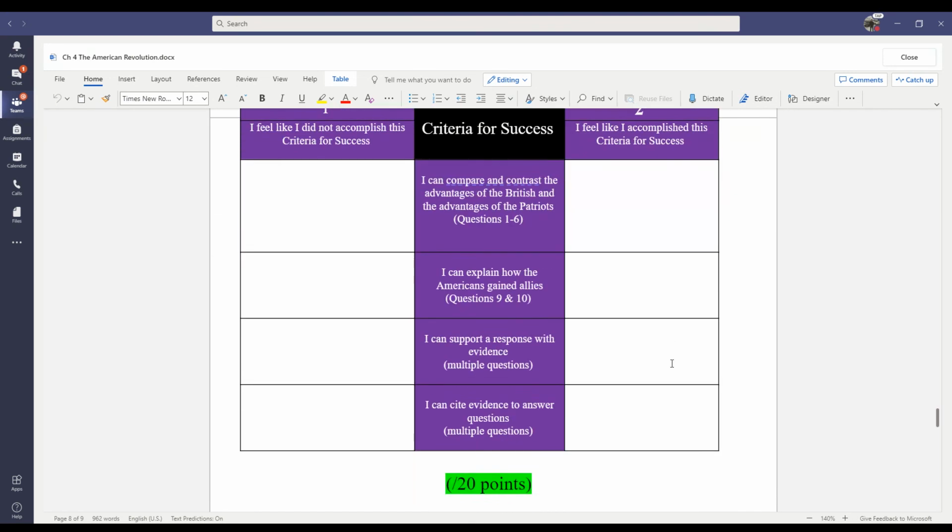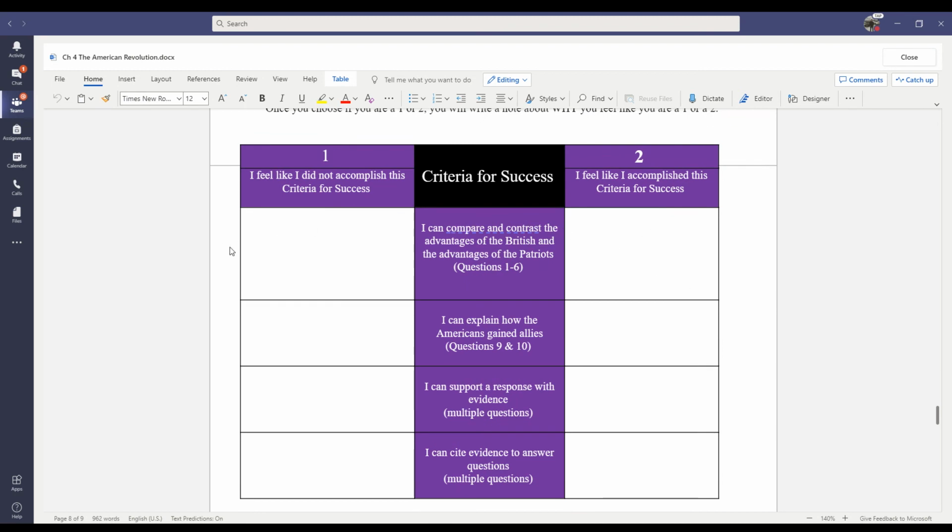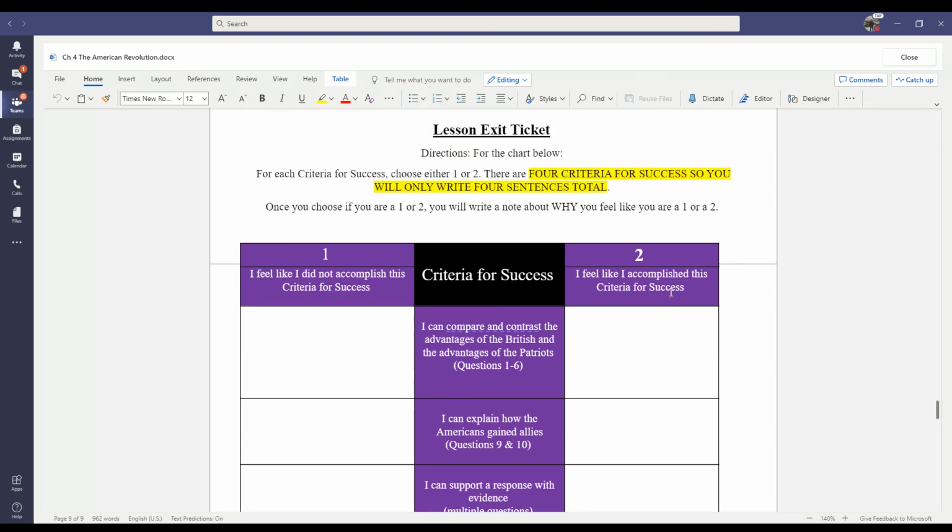Lastly, your exit ticket. You're going to rate yourself on if you feel like you accomplished it or if you did not accomplish it, and you're going to tell